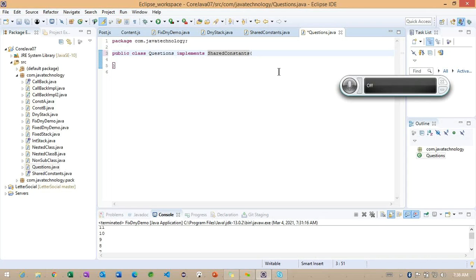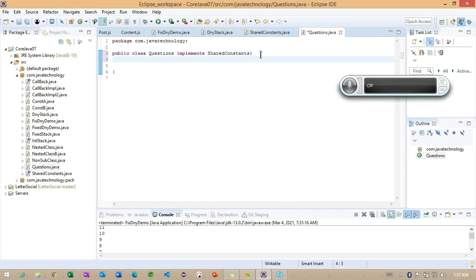Getting the point. So we are not going to override anything. And if we observe, whenever we are implementing this particular SharedConstant, we can access the variable information which is available in the particular interface.